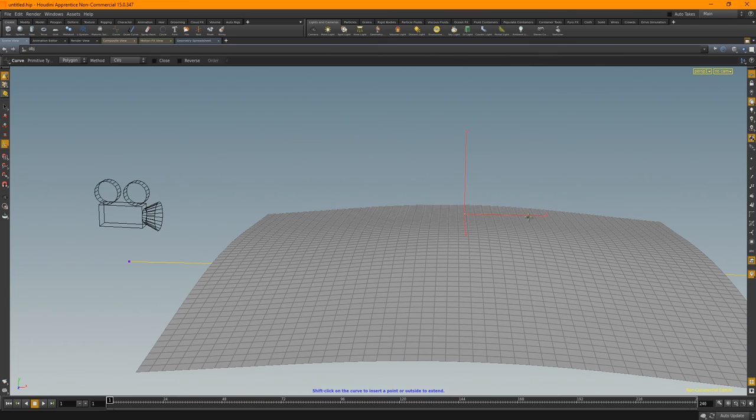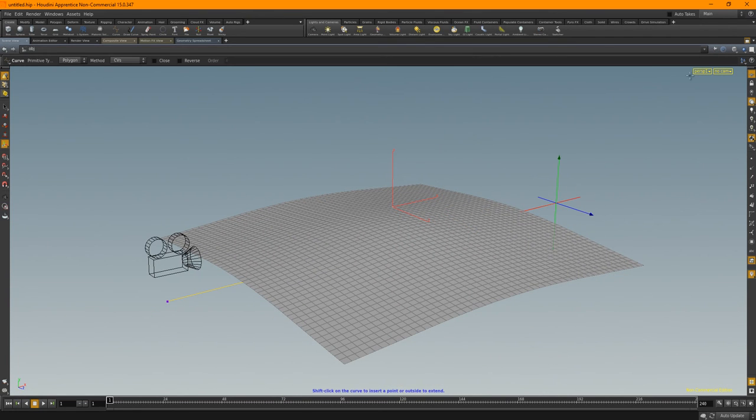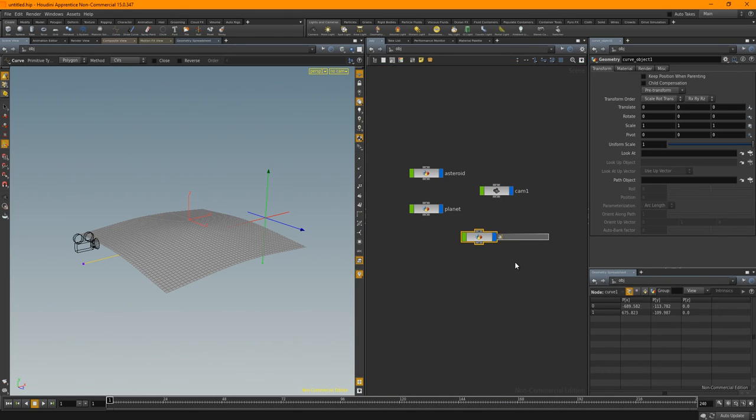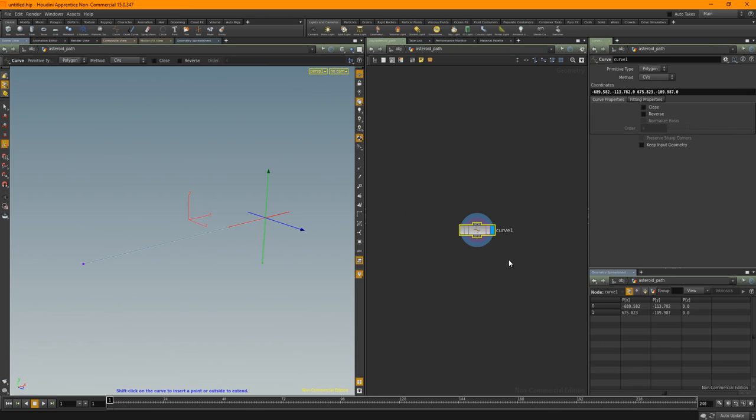So this curve is actually a straight line. Not the most exciting of curves, I understand that, but this is going to be the asteroid path, because we need the asteroid to go somewhere. We'll jump inside. So put those point numbers on, so you can see we've got 2 points in the scene. We've got point 0 and point 1. Now I want this to be a NURBS curve, so it's going to have at least 4 points for it to be able to generate a NURBS curve. So what I'm going to do is resample this.